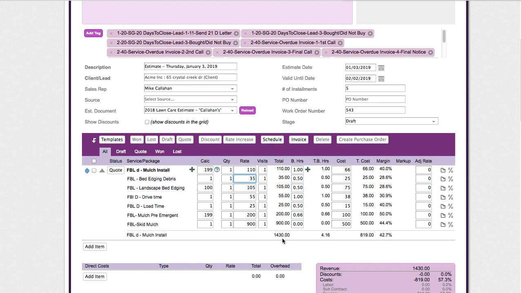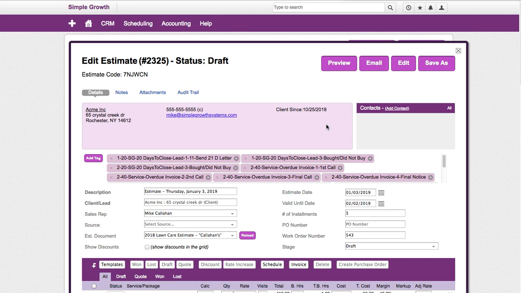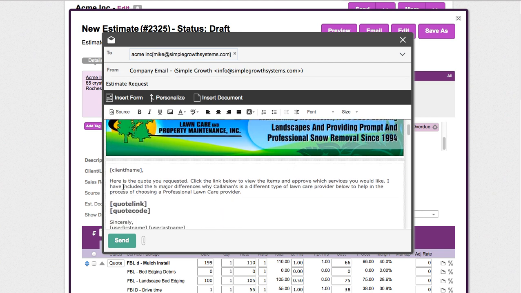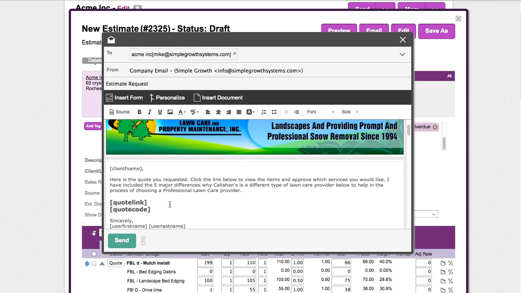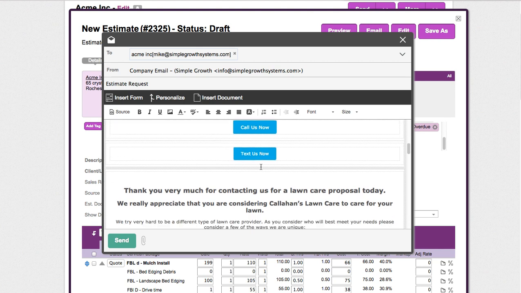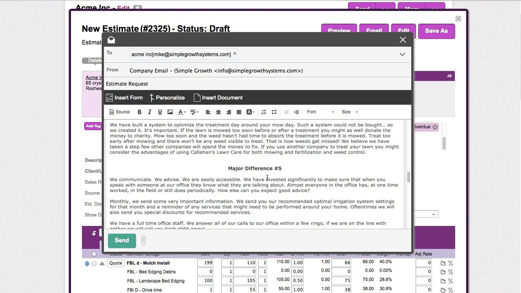We literally go in and say, okay, that looks good. 1430, hit quote, scroll up and hit email, and this is what pops up, a pre-templated email here. This is basically the 5 reasons why we're different, a quote link that's clickable to the consumer, and we've got a couple clickable buttons here if they're on their mobile, and we list our major differences, why we're different,